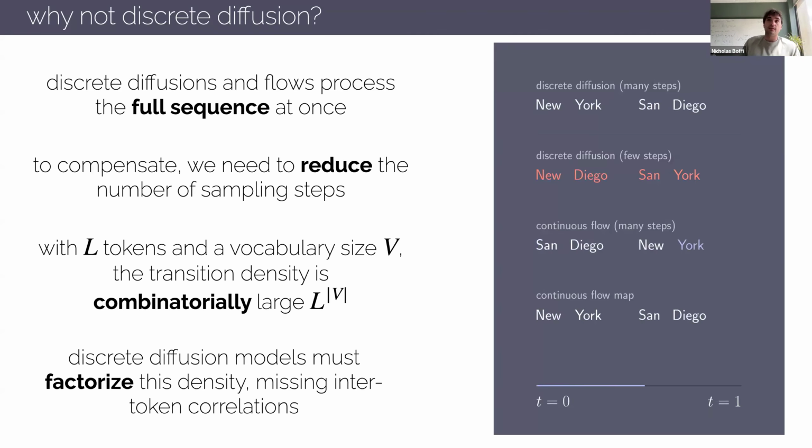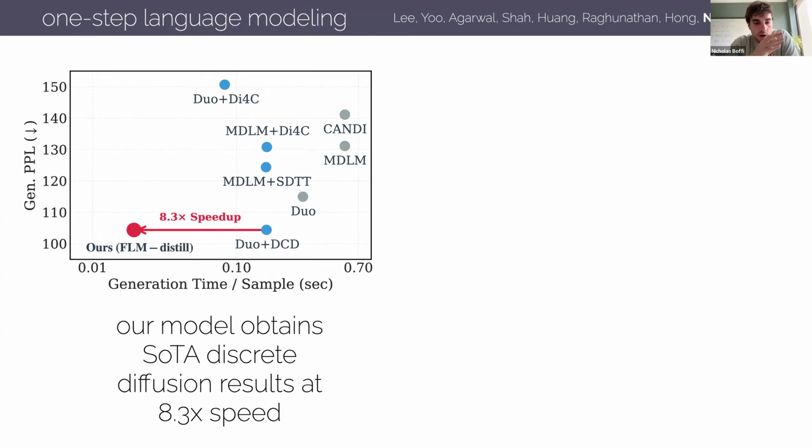Okay, so at this point, this is all kind of hypothetical. So I want to give you some foreshadowing into the final results that I'll end up at. Here I'm showing you a plot of the generative perplexity, which is a standard metric to quantify the accuracy of generated text. Lower is better. And on this plot, I'm showing you our method, which is the red dot in the bottom left, in comparison to many discrete diffusion baselines. And what we find is that we match every discrete diffusion baseline in quality, but we're